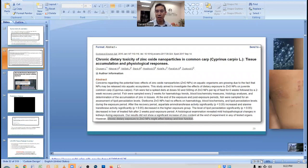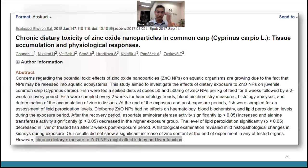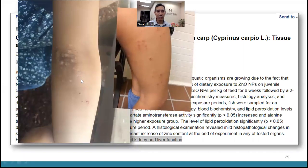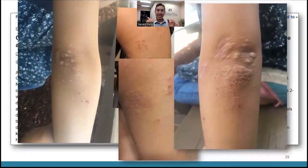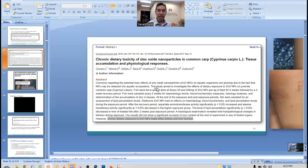And I have a case here with this individual. This is a patient who had started developing actual bumps along the elbows as well as the legs and the knees. And you can see all of that, essentially the kidneys and the liver are responsible for detoxing heavy metals. And in this situation, who shared this particular story, it's very important to know that. And in this story, I'll give you the synopsis, the individual went out